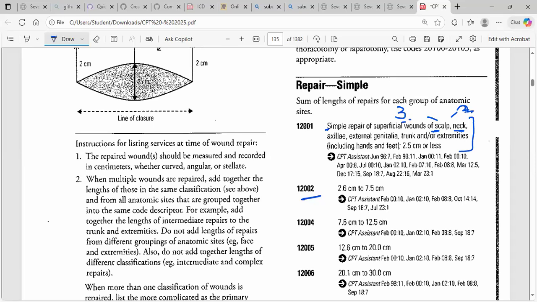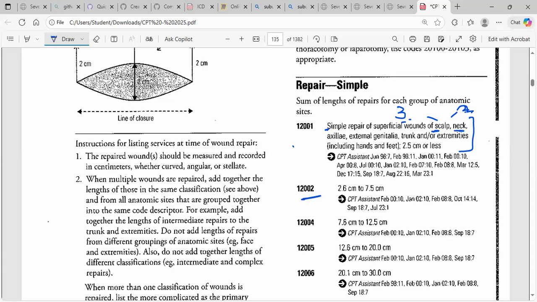Why? Because both anatomical locations belong to the same anatomical classification. If two locations belong to the same anatomical classification, and the same type of repair has been performed,